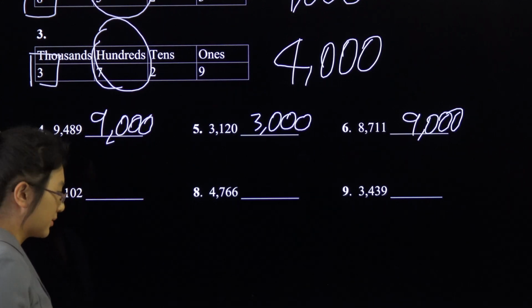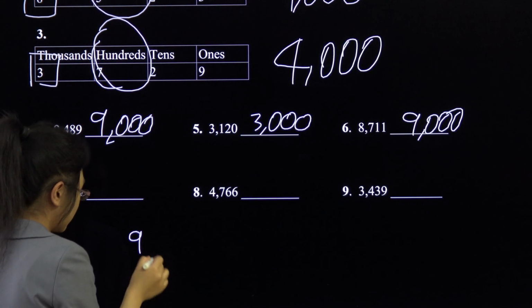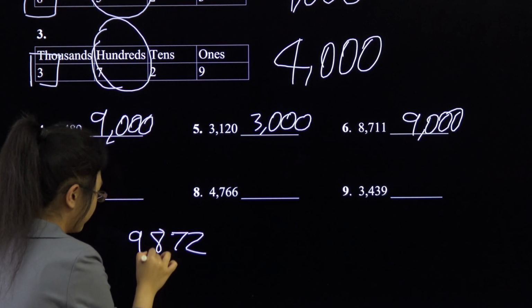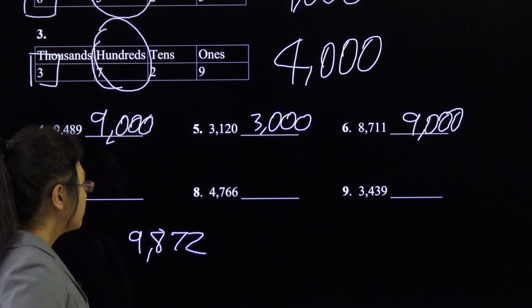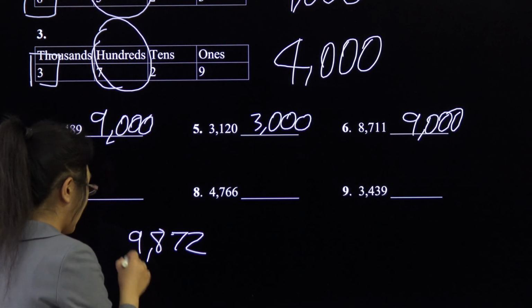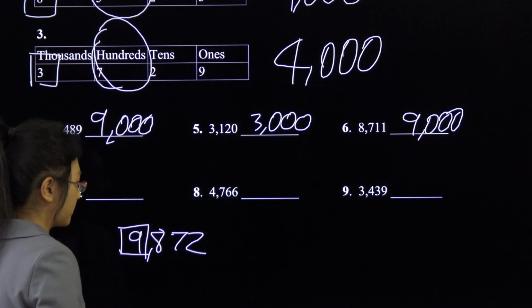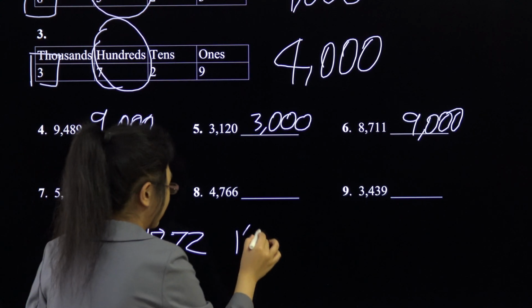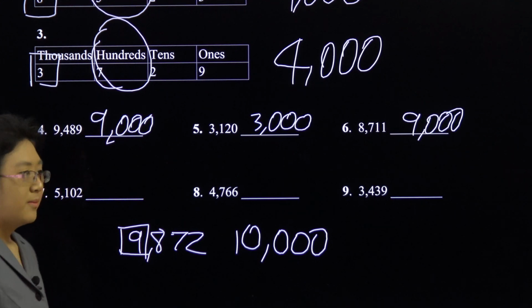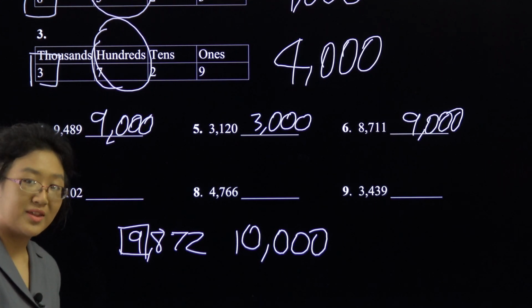Now, I know you might be asking me, what if it's something like 9,872? Well, you look at the hundreds digit, you realize that you have to round up, so you increase the thousands place by 1, and you end up with 10,000. Yeah, that's just how it works. But now that we're done with that side note,